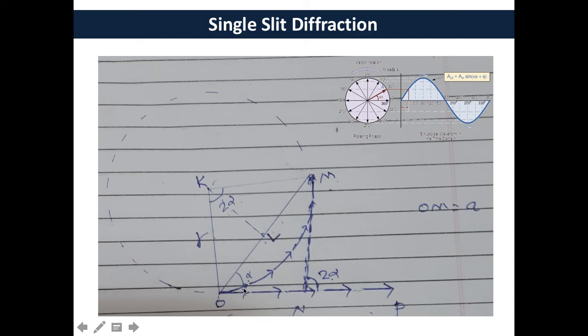Actually, this circular arc OM is nothing but a circle with the center K and the radius R. So radius R and the center K. This is arc OM,